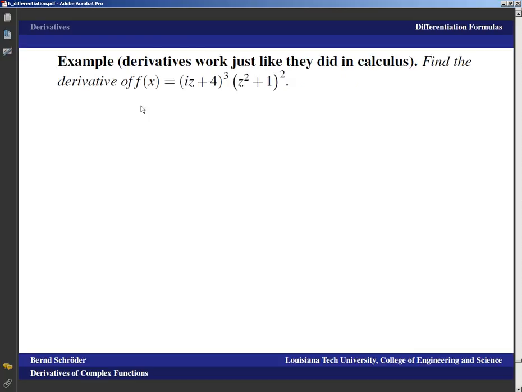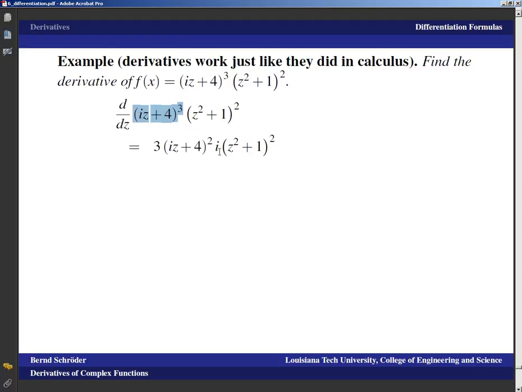So let's say we want to find the derivative of the function f of z equals (iz plus 4) cubed times (z squared plus 1) squared. And of course, we don't want to multiply all that out to work it out as a polynomial. Instead, we take the derivative with the product rule, and that's a product rule and a chain rule, right? So we need that this is, first of all, the derivative of the first, which is 3 times (iz plus 4) squared